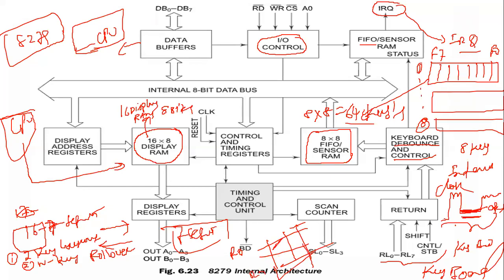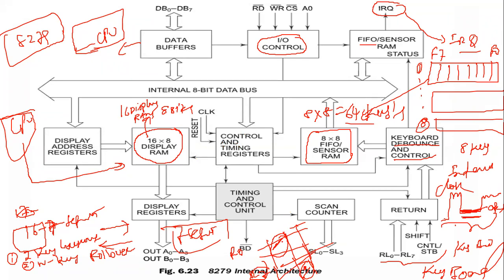So first, at the same time, you press the R0 row key and the R7 row key. So at a time you can press two keys at a time. The microprocessor, nothing but this 8279, checks based on the rows first, then after the columns. So which row key is pressed first?